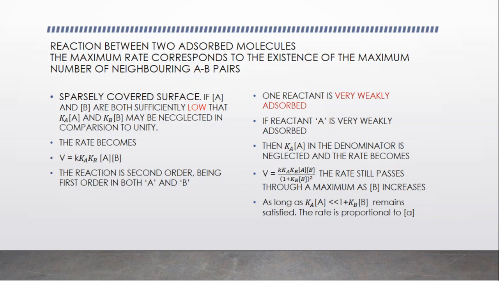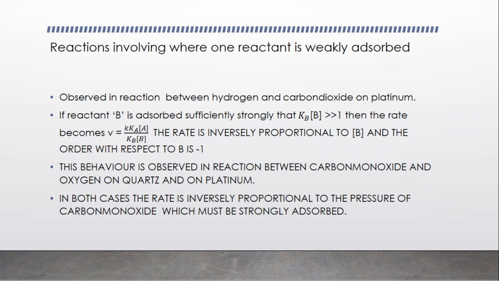The rate still passes through a maximum as B is increased. As long as Ka into A is much less than 1 plus Kb into B, the rate is proportional to A. This is observed in the reaction between hydrogen and carbon monoxide